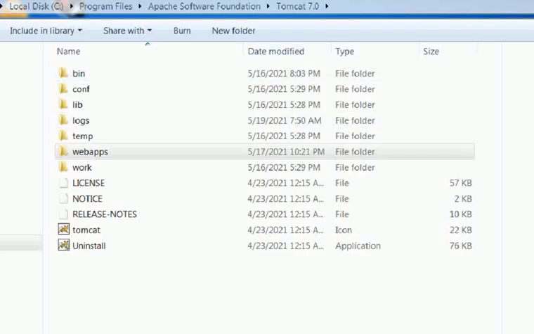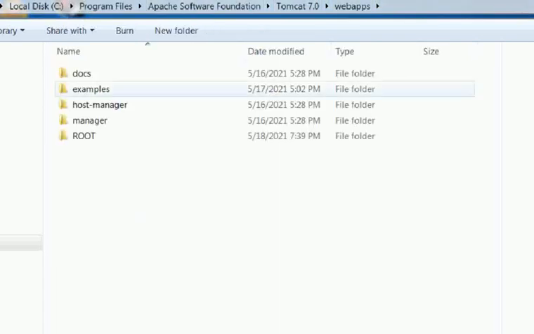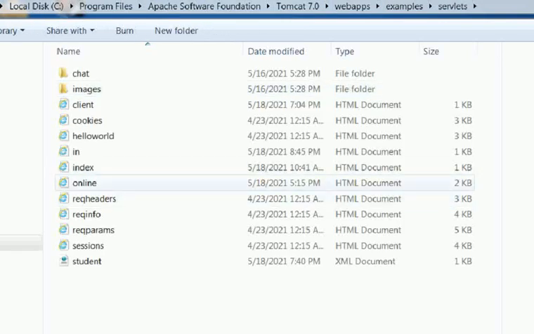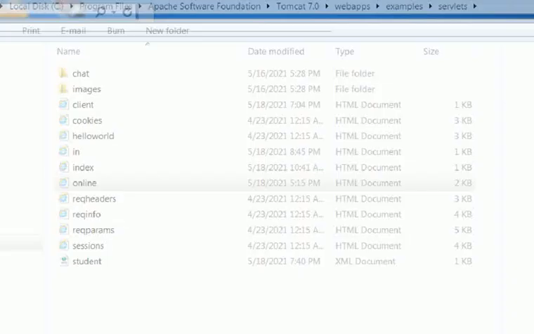Now let's execute the HTML program. I have placed the HTML program inside the webapps examples servlets. Okay, here the online file. Double click.